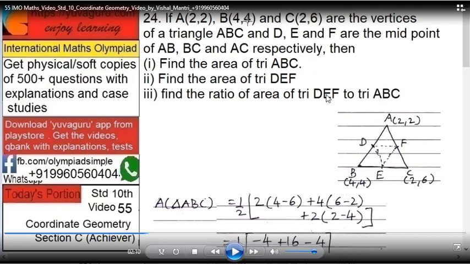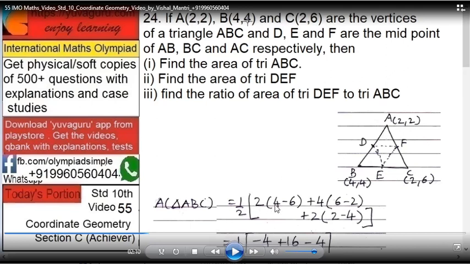Okay, so how to find out? See this, it's given, the points are given, D, E, F. D is the midpoint of AB, E is the midpoint of BC and F is the midpoint of AC, and you know the coordinates of A, B and C. So what have we to find out? Areas. Okay, what is the formula for areas in terms of coordinates? 1 upon 2 into, just now we saw it,